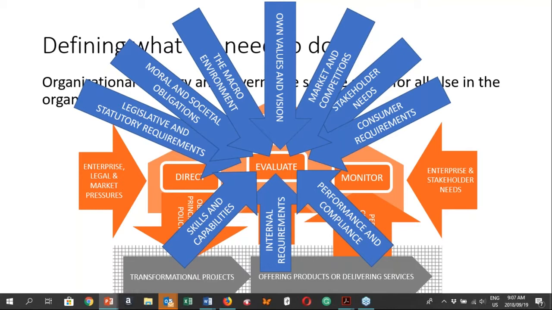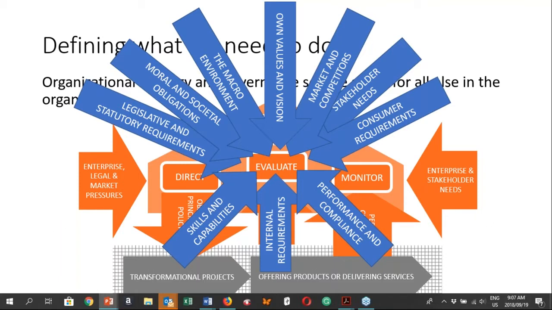So understand the market, understand the competitive nature of the market, our competitors, what they're doing, and so forth. And clearly, we need to understand what our consumers or our customers require from us as an organization. But we also need to constantly ask ourselves, as an organization, we've defined who we are and what we stand for. But we need to review and refresh that process.